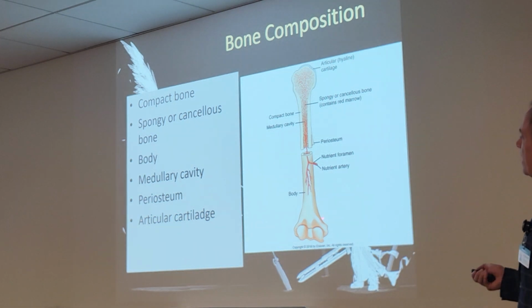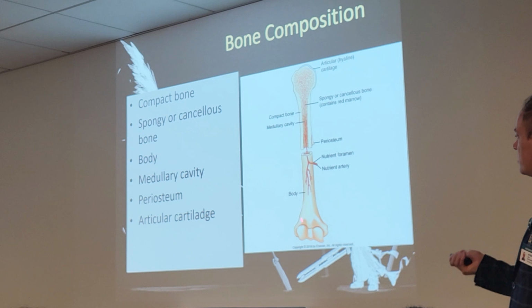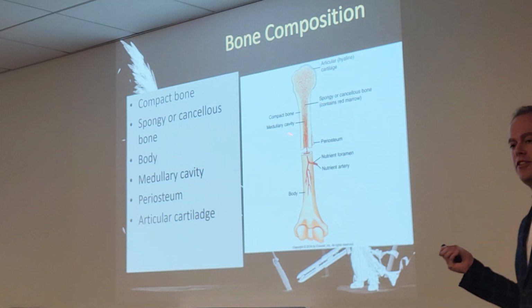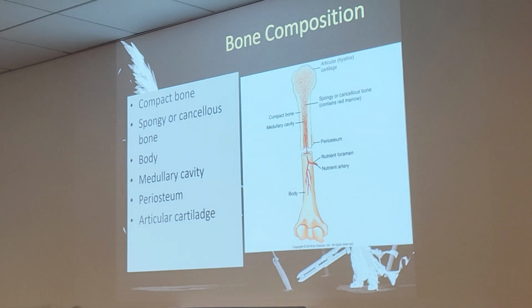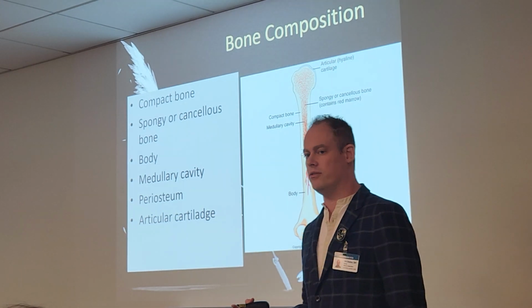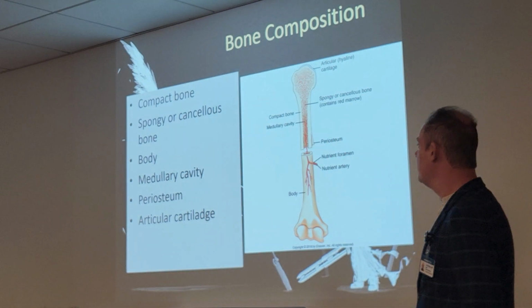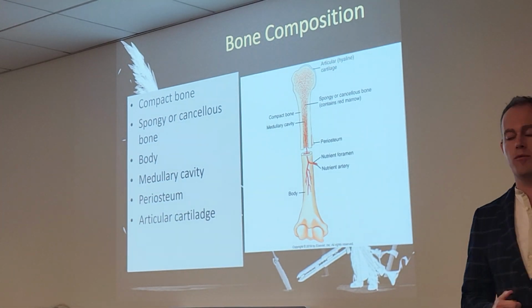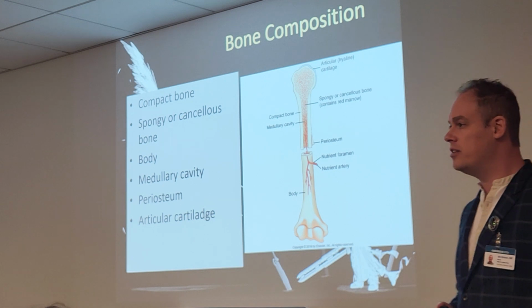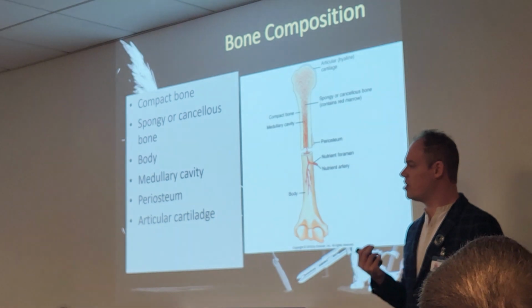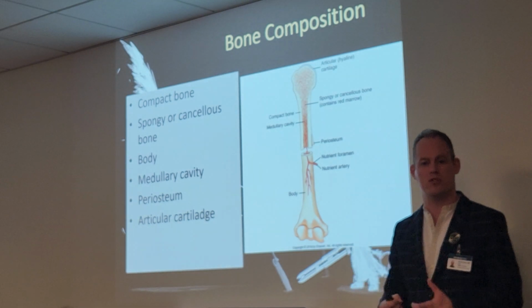Then the body is going to be the main shaft of a long bone. This entire area is the body. Your periosteum, if you remember, that is that little thin sheath that goes around the bone, almost like a little piece of wrapping paper around it. It serves as an attachment point for your arteries and your nutrients going into the bone. It's a little attachment point. Then your articular cartilage, sometimes referred to as hyaline cartilage. At the ends of most of your long bones is articular cartilage to kind of create like a pillow or a little spongy area, like a little soft area for impact so that you don't wear those bones down through